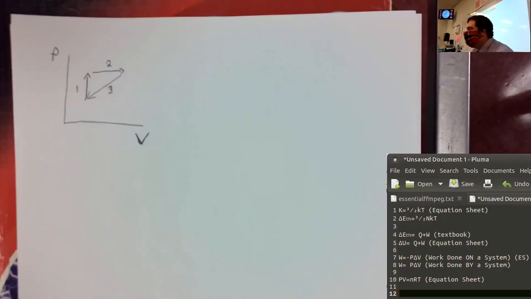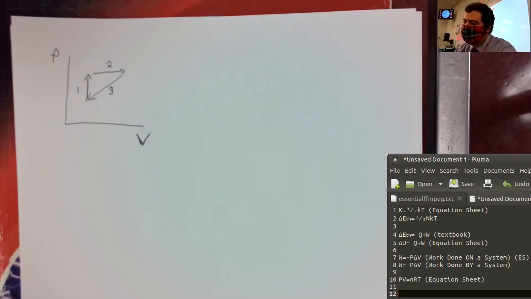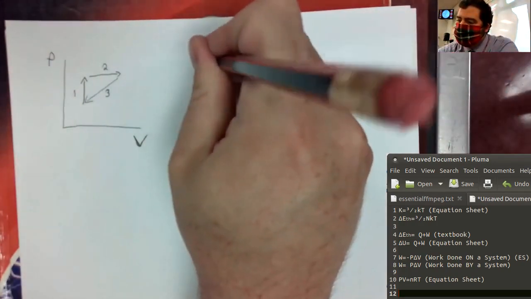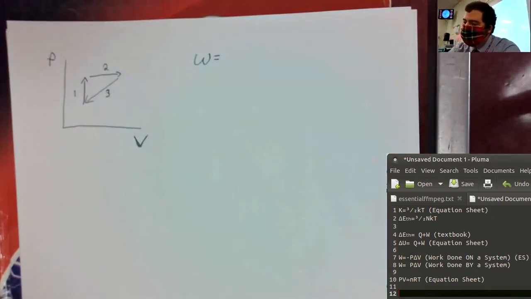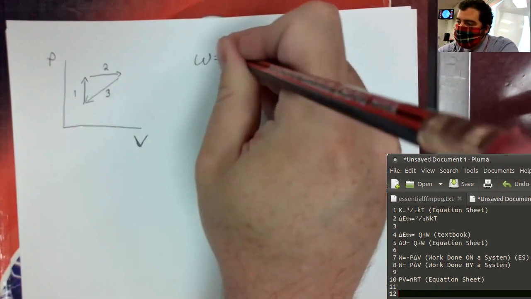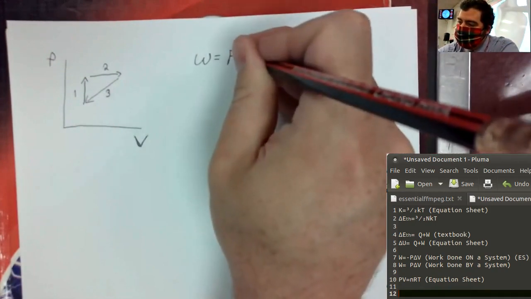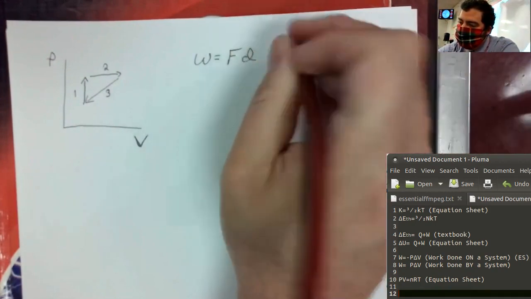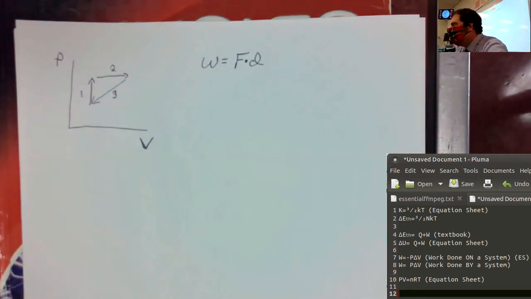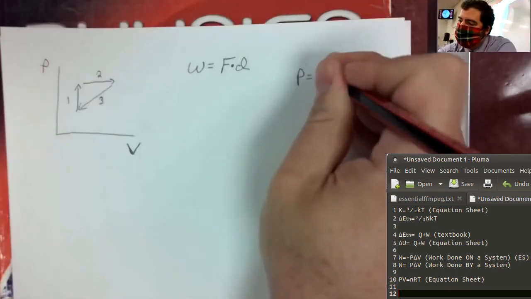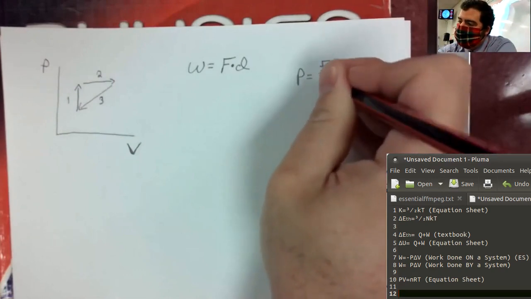So what we need to do is figure out if this graph tells us anything about the work that's being added to the system. So I want to go back to the idea of work. From your last year's class, you probably remember that work can be expressed as force times distance, or the dot product of the force and distance vectors. And if they're at an angle to each other, it's F D cosine theta, but we don't need to go there today. Pressure is force divided by area,